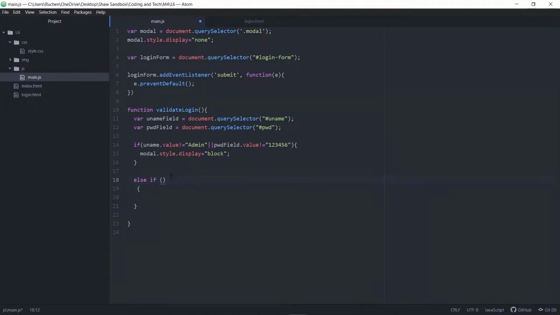Else if the username dot value is equal to admin and the password is correct, so and this needs to be outside of my quotation marks, and if the password field dot value is equal to the correct number 1, 2, 3, 4, 5, 6, then redirect the user to the